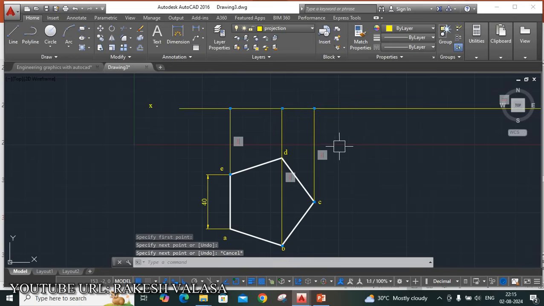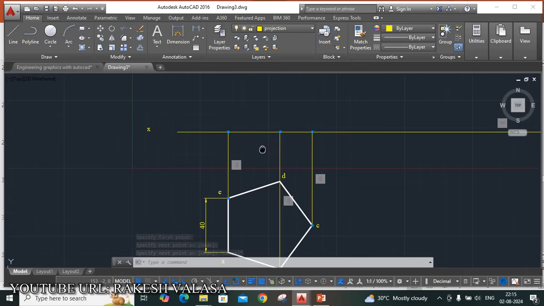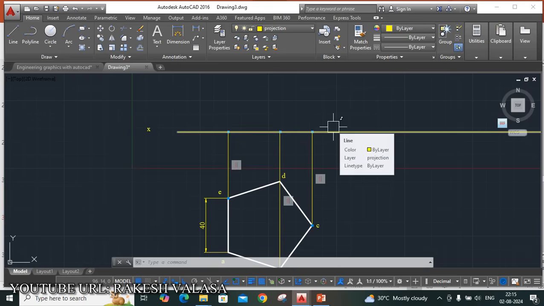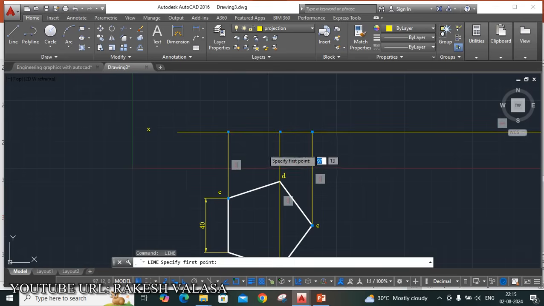Now draw the initial front view by using the object layer. Otherwise you can draw the same projection line. Just repeat the same command, L enter. Here this point to this point one line, and this point to this point one line. Now select these two lines and change the layer from projection to object.